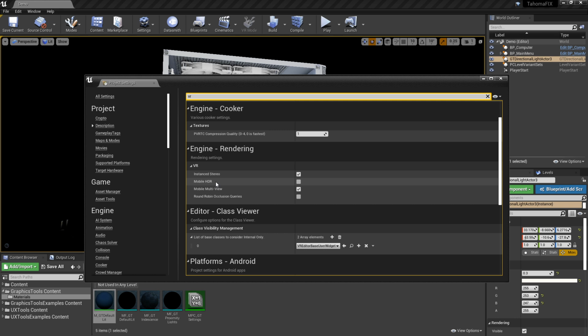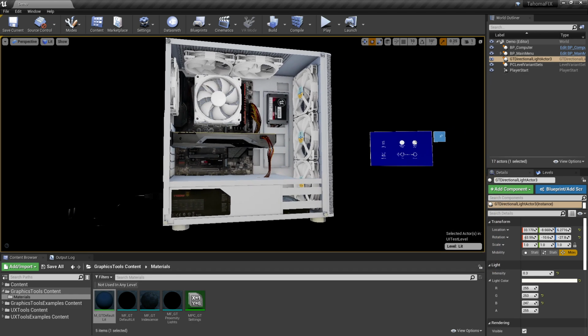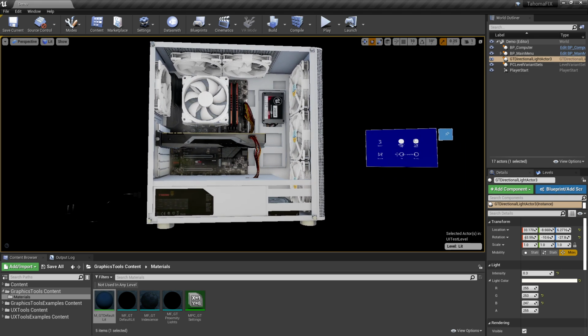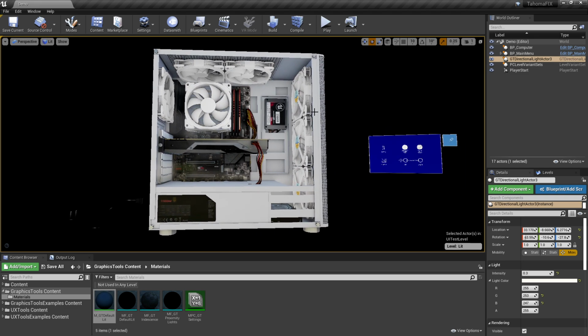We're going to see the effect of that being turned off in just a second here. This is one of the things that really changes the difference between the desktop renderer and the mobile renderer. So let's go ahead and check that out now. What we have here, obviously, is the finished computer. It's using that unlit shading model on all the materials here.